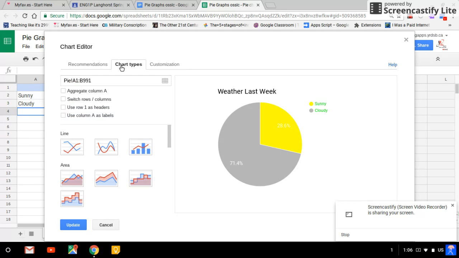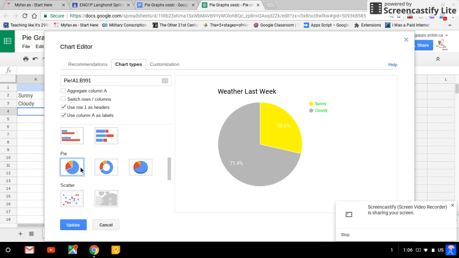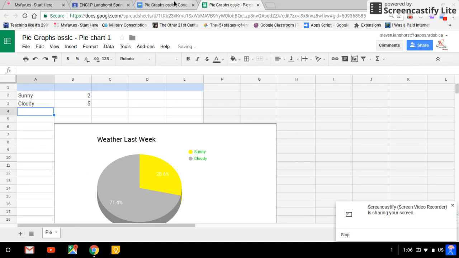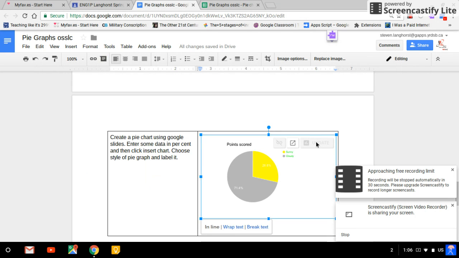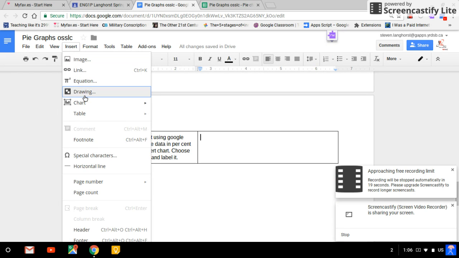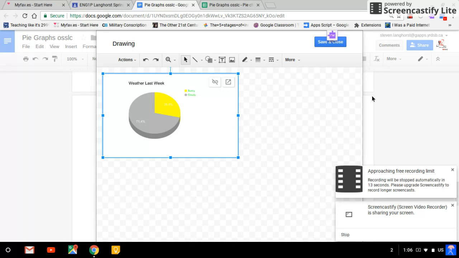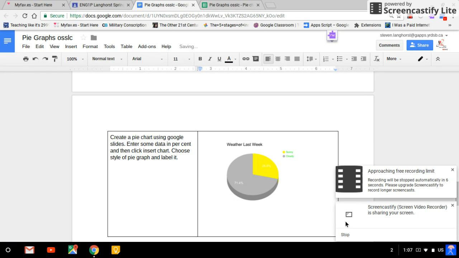Even change the chart type, because even within pie graphs, you have a number of different pie graphs you can use. You can have a 3D pie graph. Looks better, let's be honest. It's just a step up. The next thing I recommend is if you want to get that level 4, cut it. So cut and insert it as a drawing instead, and that'll look better and work better. You can write on top of it, tweak it even more. Insert, and we're